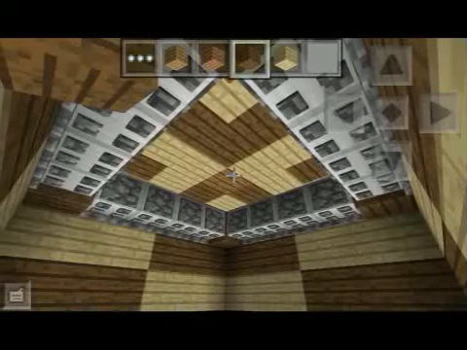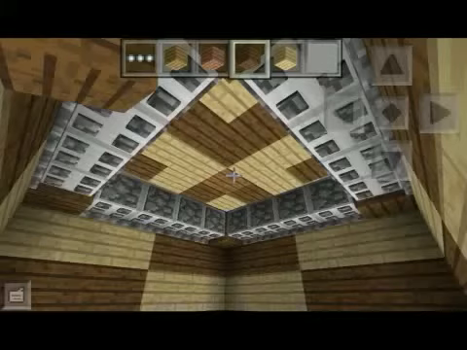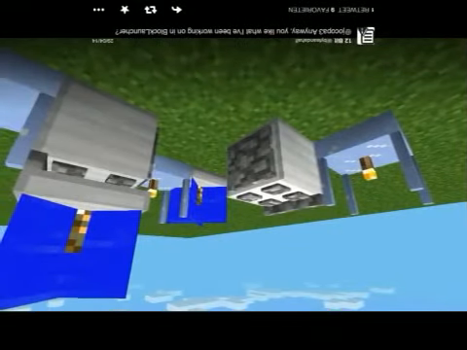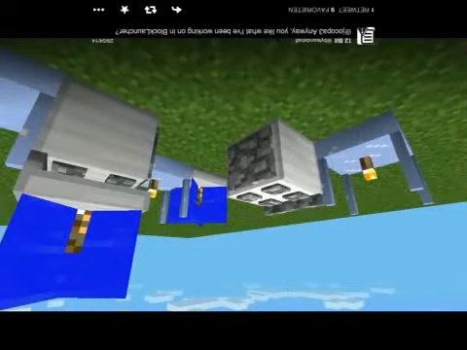And here he has a room with many different stoves. So as you can see, they also rotate to different angles and stuff. And yeah, here's some more stuff.